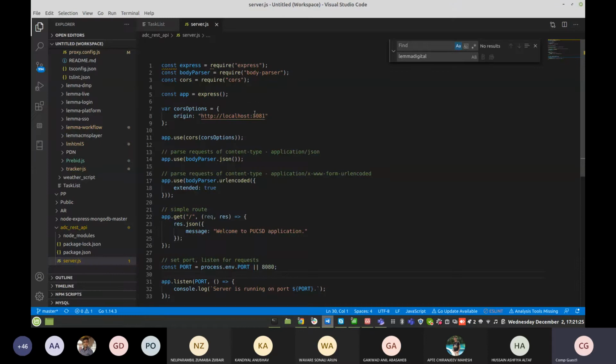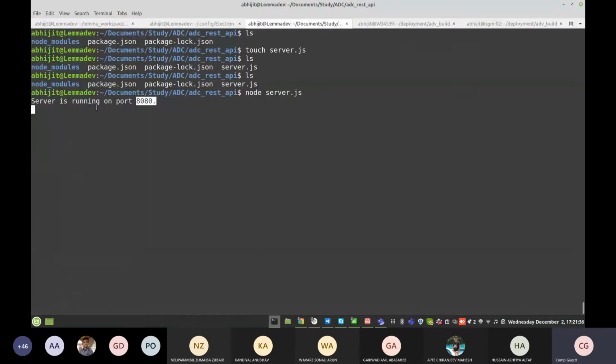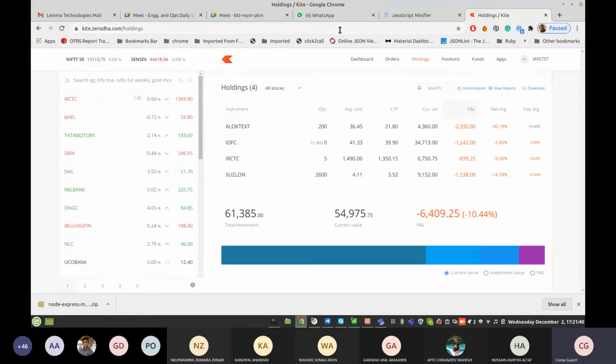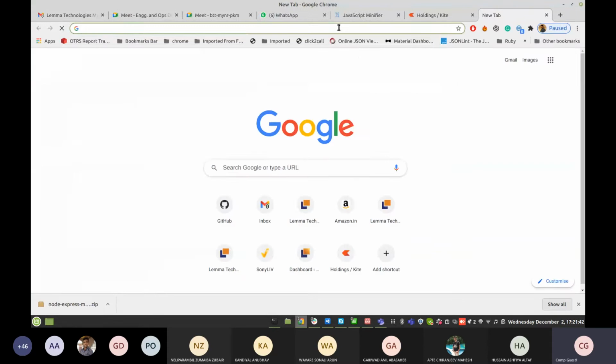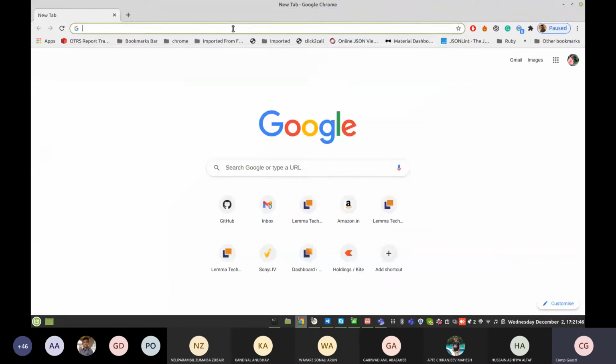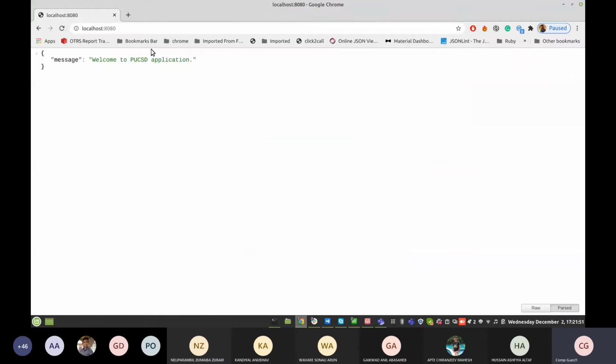This is our cross domain, where we deploy all our REST APIs, through 8081. The server is running on port 8080, so let's try to access that. Going to localhost 8080, once I hit that, I see the JSON message on my screen.